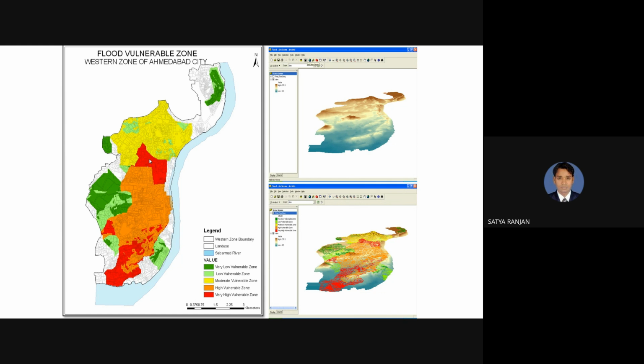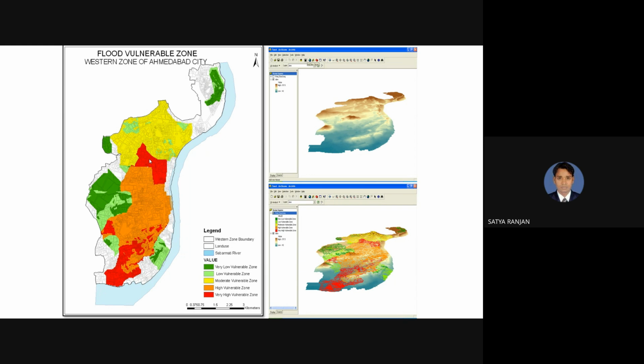Suppose for 2021, the flood water inundation zone is some square kilometers. So these are mapped based on the satellite image,